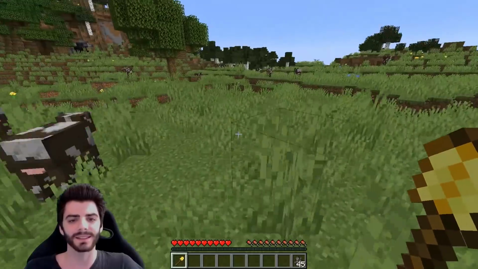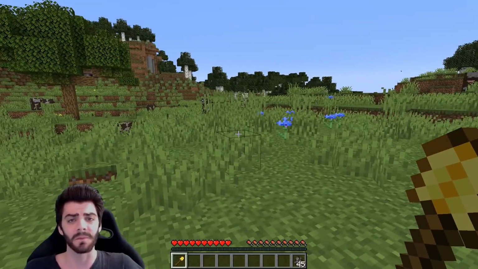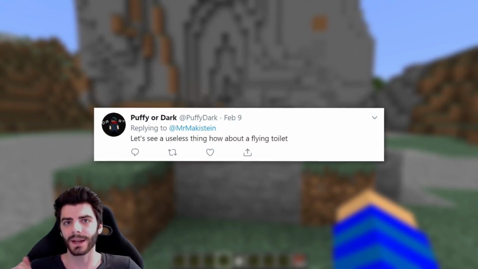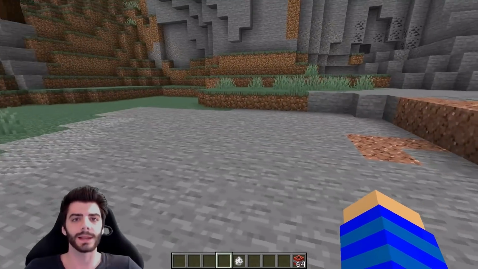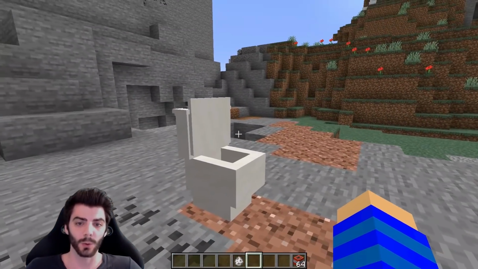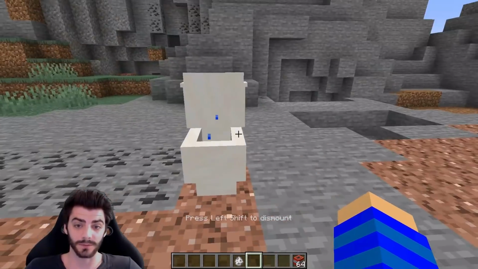If humanity still exists in 50 years from now, I can look back on my life and proudly say, I added poop to Minecraft. While we're at the topic of defecation, Puffy or Dark wanted me to create a flying toilet. Luckily, we already created a toilet in the last episode which I could reuse, so as a little recap, you can place down the toilet, the lid will open if you get close, and you can sit down, get off, and you will